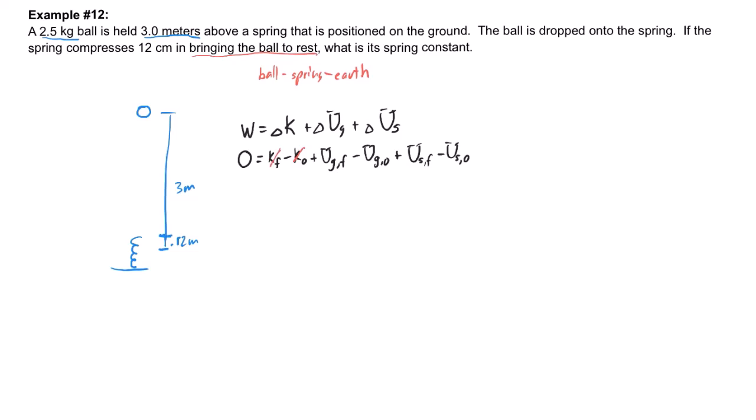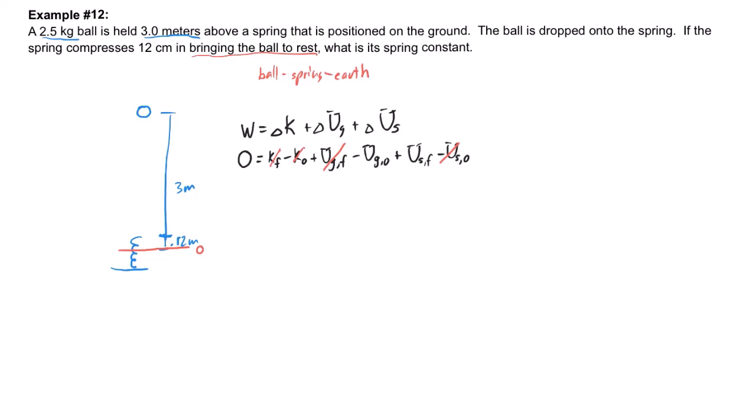And you may be concerned about the changes in between. Don't be, because that energy is always present. The energy is either kinetic, or it's gravitational potential, or it's elastic potential, and it can convert back and forth. Because there are no other forces, we don't have to worry about anything else. Okay? The gravitational potential energy final, I'm going to go ahead and define this as position 0, which means that gravitational potential final is going to be 0. Now I am going to have some initial gravitational potential energy because I start 3.12 meters above where it eventually stops. Okay? Then we've got our elastic potential energy, which initially, that one is also 0 because there's no compression